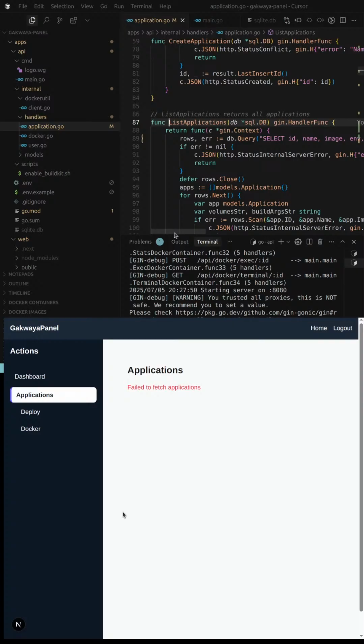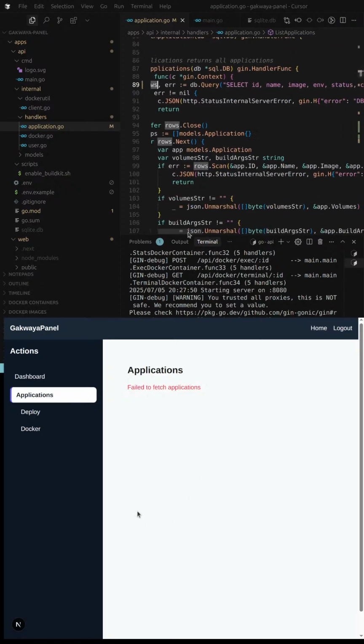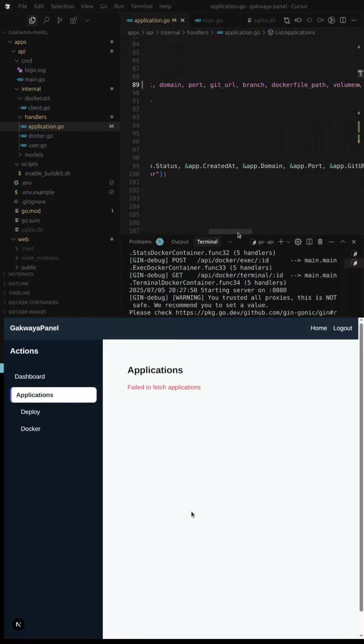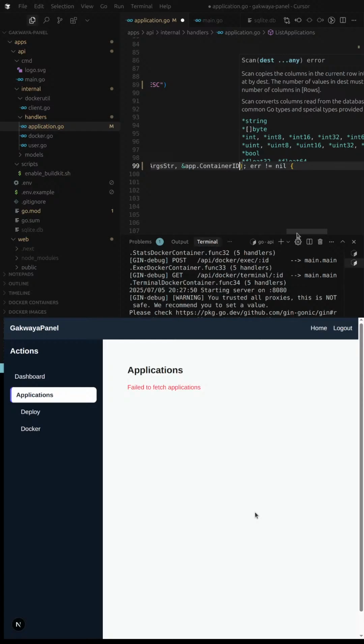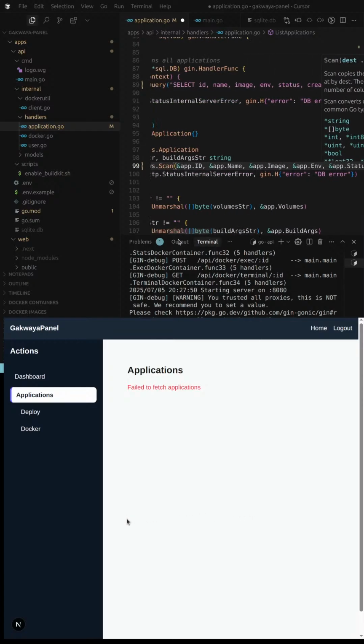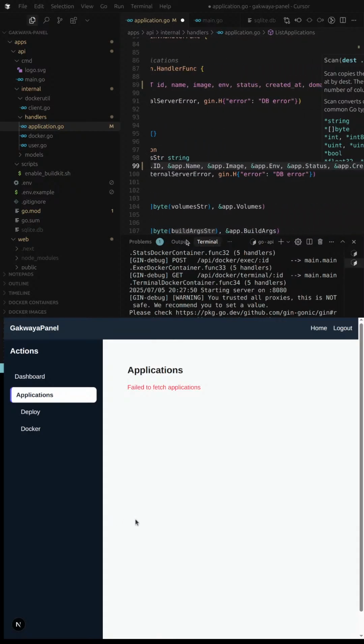From there we get the row, and this row we are doing that here. That's where there is an issue here. Was here. And then from that,